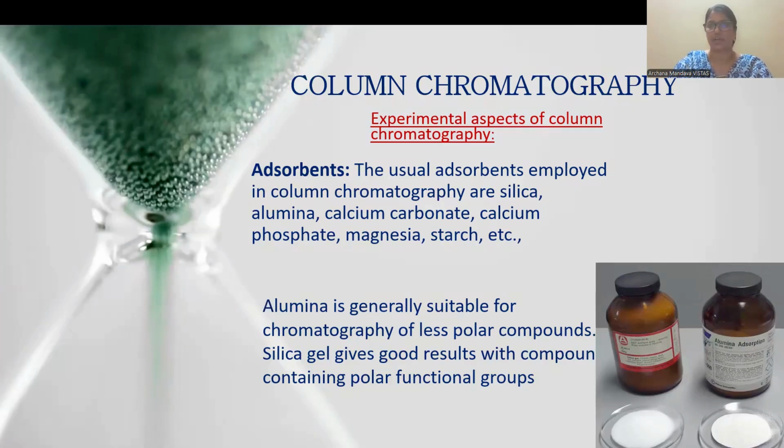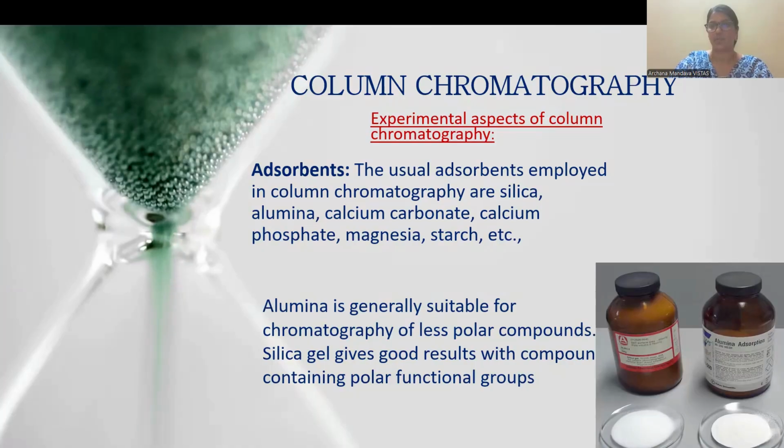Experimental aspects of the column chromatography. The first material is adsorbent, also called a stationary phase. So usually these are solid materials and they are majorly employed in the column chromatography. Some of the adsorbents are listed here, which are silica, alumina, calcium carbonate, calcium phosphate, magnesia, starch, etc. In this, alumina is generally used for the chromatography because of its less polar nature, whereas silica gel is containing